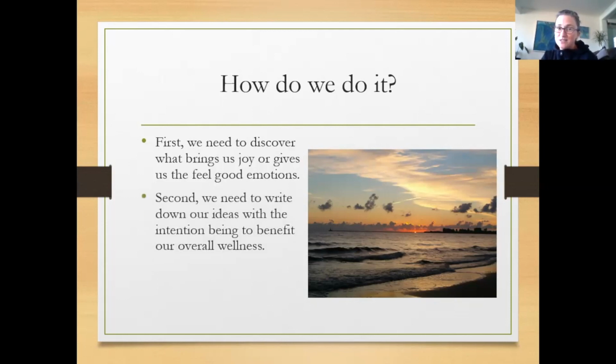The next thing you need to do is to write down all of your ideas with the intention of benefiting your overall wellness. So if you were to write down your top 3 things that you love to do for you, what would they be? What do you need to be able to make that happen? Because we want to make sure that